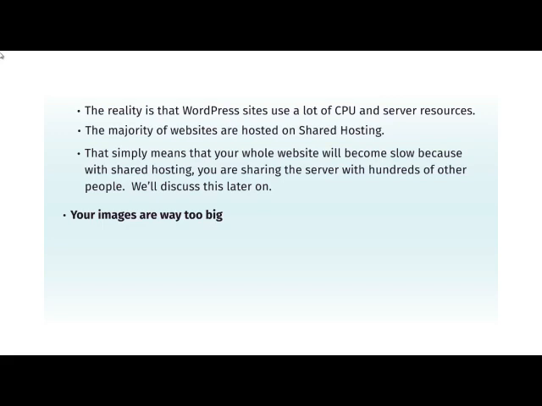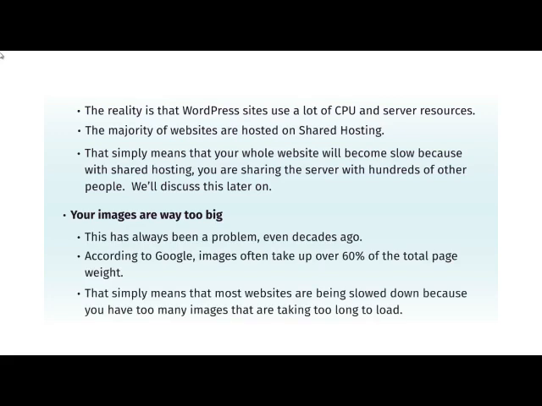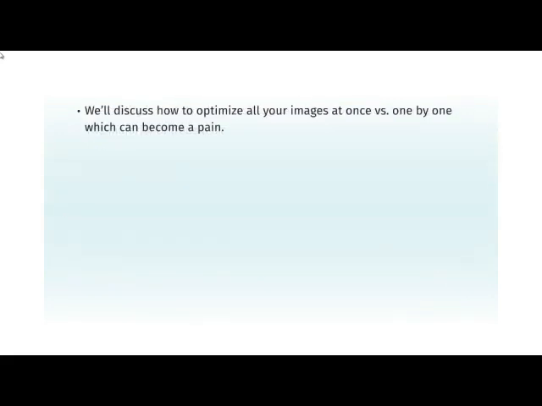Your images are way too big and they need to be squeezed down. This has always been a problem, even decades ago. According to Google, images often take about 60% of total page weight. In other words, they take up too much room and you need to size them down. Most websites are being slowed down because they have way too many images that are taking too long to load. So we'll discuss how to optimize all of your images at once or one by one,